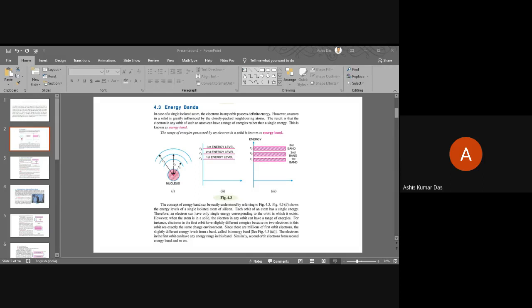So how is this energy essential for defining a semiconductor? Because in a semiconductor, a conductor, or an insulator, we are mainly concerned with two types of energy band. One is called the valence band, and the other is called the conduction band. Now if you go to the next slide, this is the conduction band, and we are very much interested in these two bands, the conduction band and the valence band.